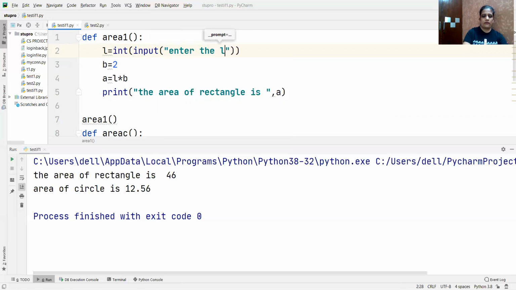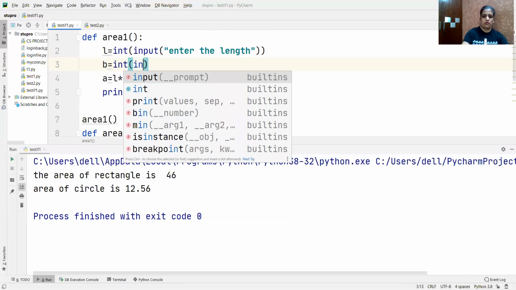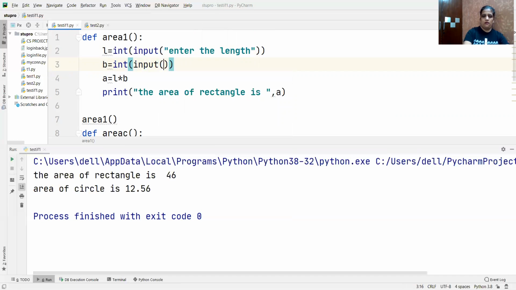Enter the length. Okay. And then the same thing, int input, enter the breadth value, bracket close.